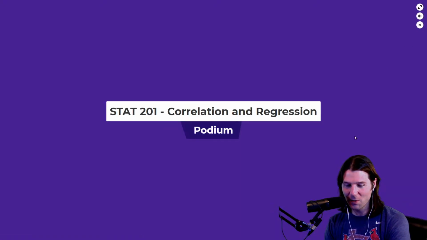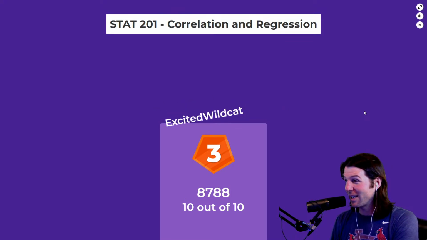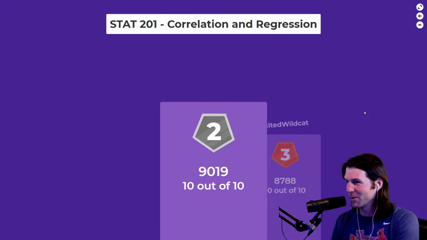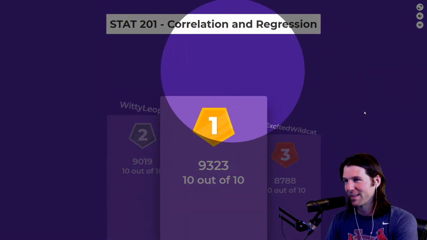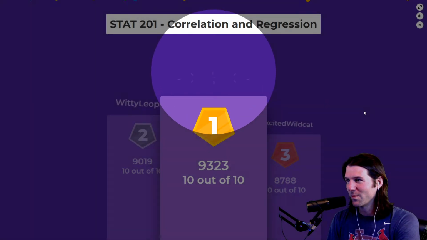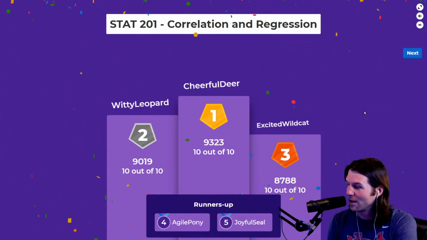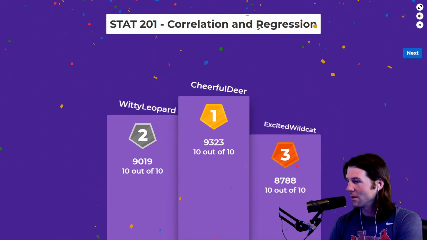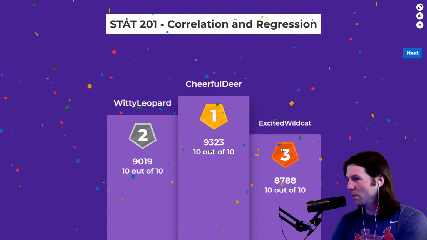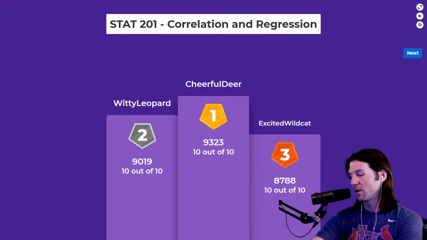So congrats to the winners. Let's find out who else won. Let's see who won right here. Excited Wildcat. Did everyone think Deer was in the lead the whole time? Witty Leopard, but you know who's going to be in the lead here. It is Cheerful Deer. Amazing job. 10 out of 10 to all these individuals. Wow. So tell me if you won. We're doing our usual 1,000 points for first place. You get some big mega points. So let me hop here to space. Time to go to space.